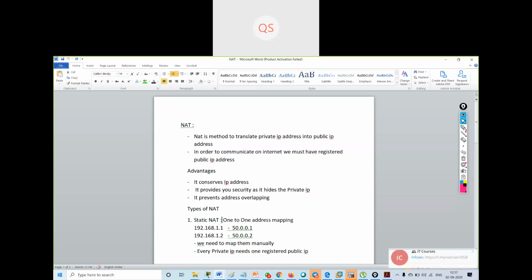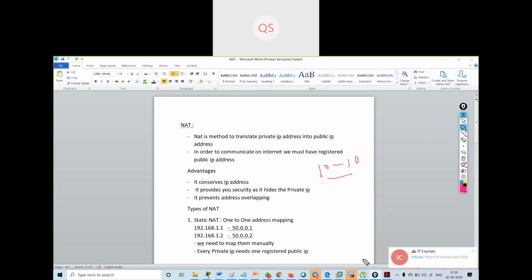Now the types of NAT are static NAT and dynamic NAT. So what is static NAT? One-to-one address mapping. Suppose I have 10 users in my company, then I will have 10 public IP addresses for these 10 users.